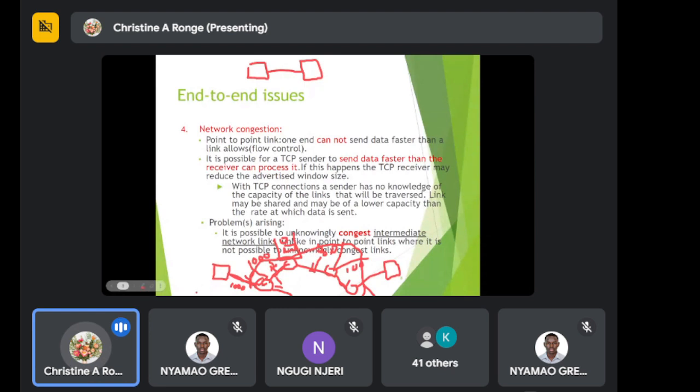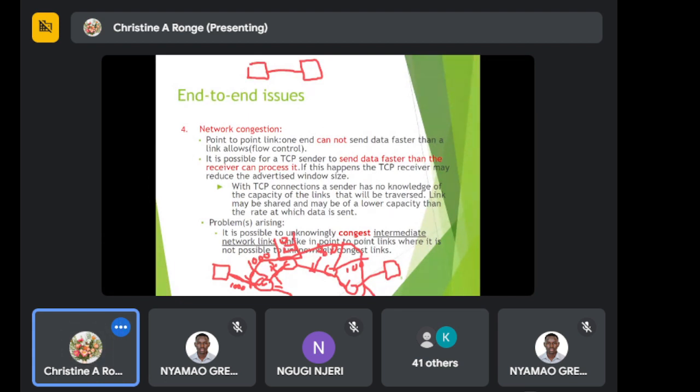So this one is 1,000, the other one is 1,000, but this is 500. And they don't know that when it reaches that 500 frames per second link, things will have to slow down. So users are sending data into the network at their own rate based on their link. But the combined force of the data that is sent into the network may be more than the capacity which the network itself can